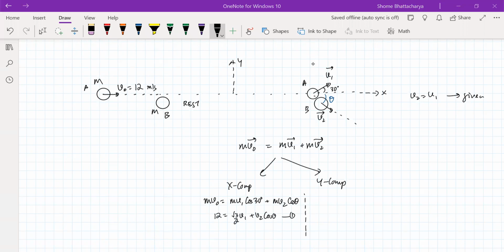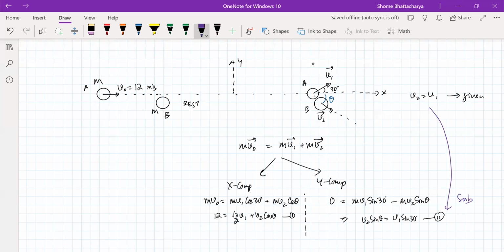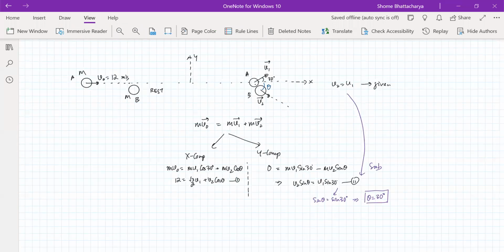Just a moment. Now along the y component, the initial momentum was 0, and the final is mv1 sine 30 minus mv2 sine theta. So this tells us that v2 sine theta is equal to v1 sine 30 degrees. This is our second equation. So when we implement this here, we get this. And then when we substitute that here,